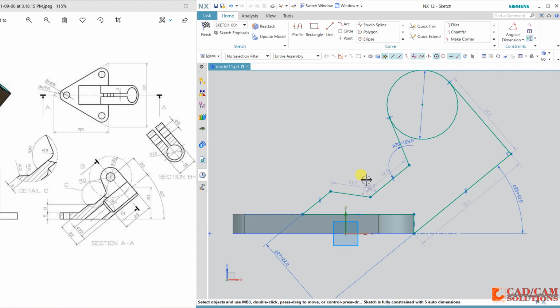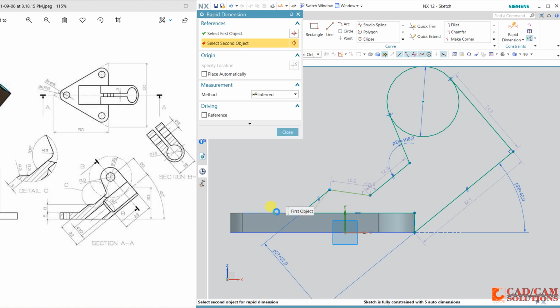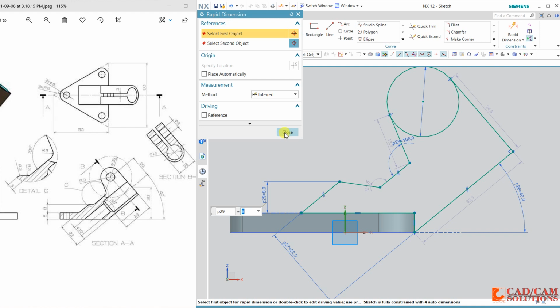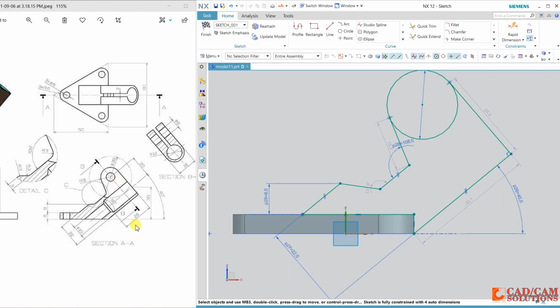Two more radii are there, and 8 is this. This point and this line, this gap is 8 and 5, and then leave it. We will define it later on. 22, 30, this 30 and this 20.